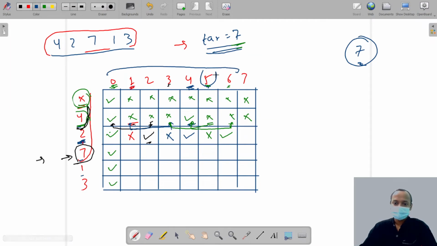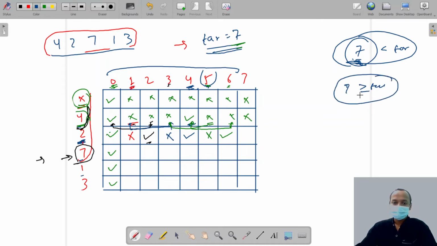No, we can't, because the target is less than the value of that player. So we can only include this player if the target is greater than or equal to the value of that player. So if we want to choose any player, the condition is that the target is greater or equal to the value of that player.